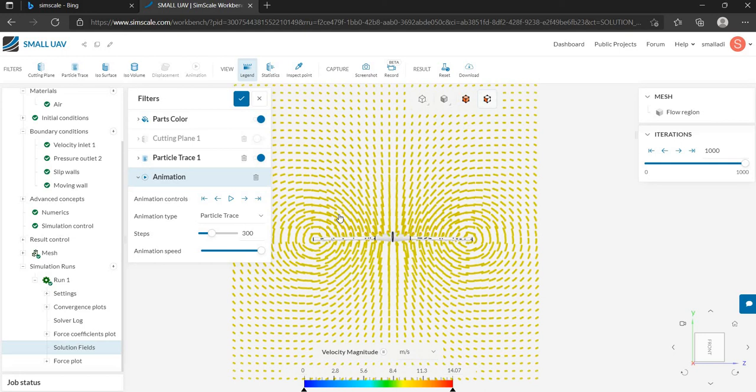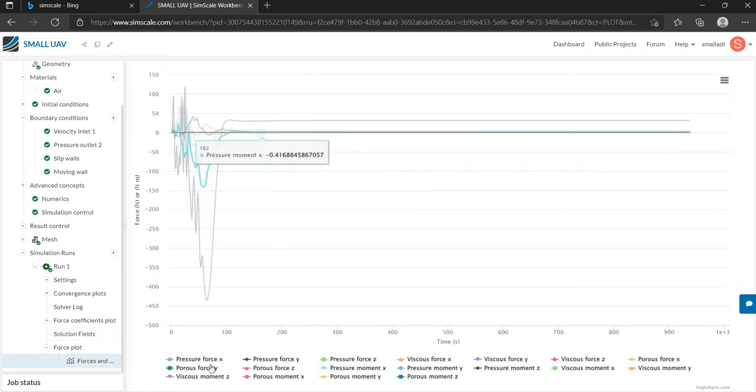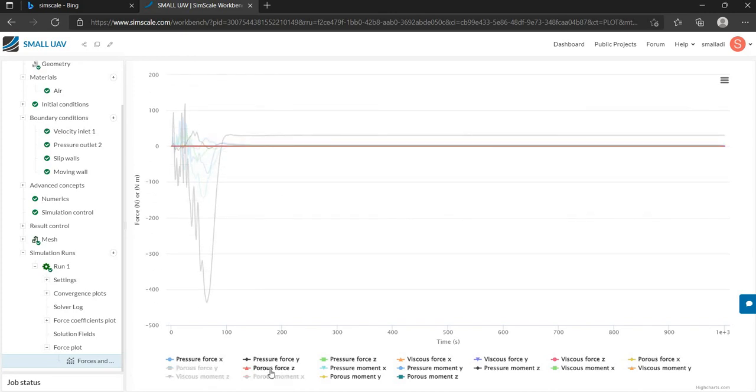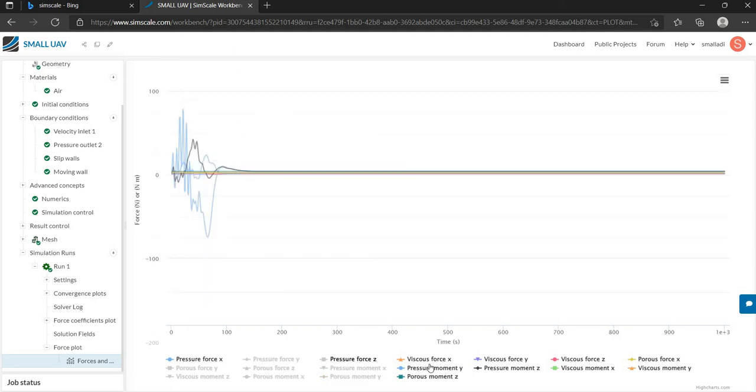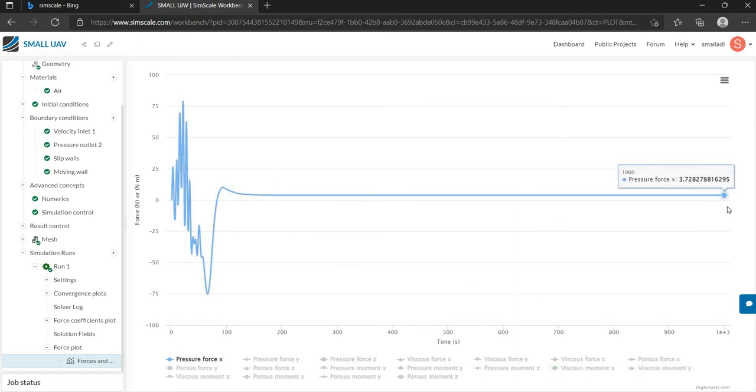Next, to view the values of lift force, drag force, lift coefficient and drag coefficient, go to force plot, forces and movements. Here pressure force X is the drag force and pressure force Y is the lift force. First we shall see the drag force value. The pressure force X or drag force is 3.42827 Newton